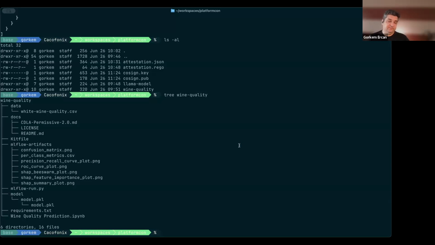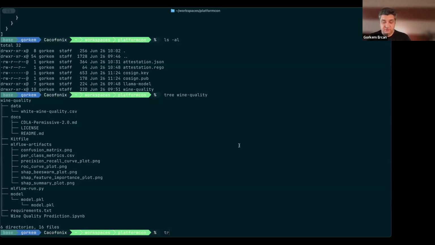Also, there is the notebook that we used for training and also for testing. But this could be anything essentially. It could be an LLM that you are packaging as well.